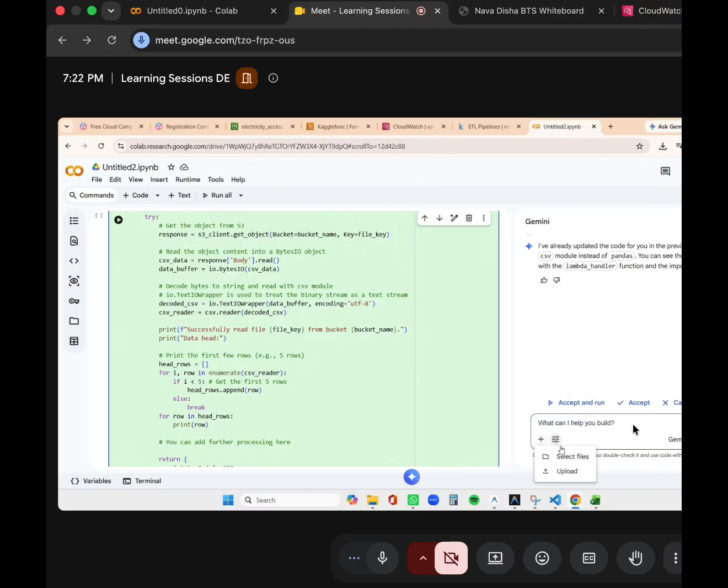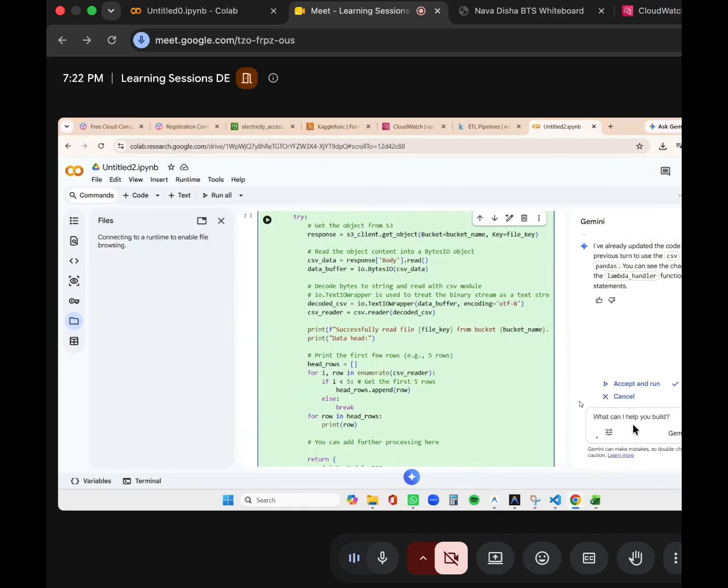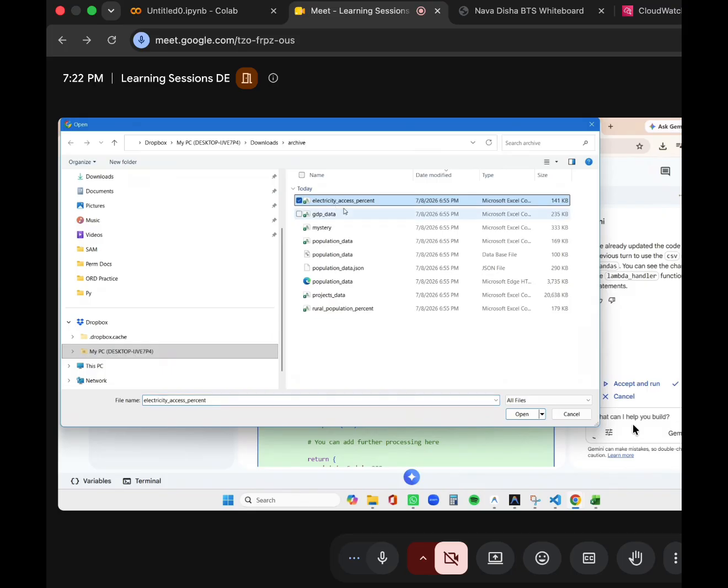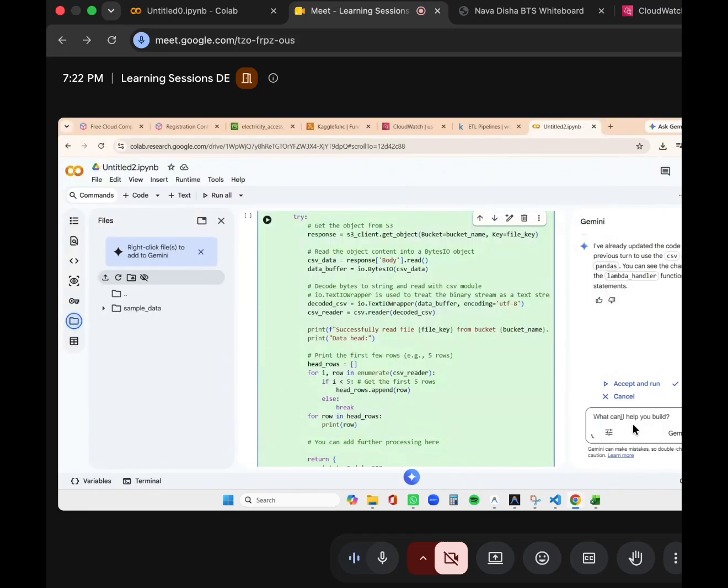You can do that, or you can write a prompt saying you have to pick this particular column and give me all the countries which start with letter A and store it into a separate CSV in S3 bucket. Usually giving the entire file is not suggestible because it takes a lot of tokens to read. So we should tell it, I have a CSV file